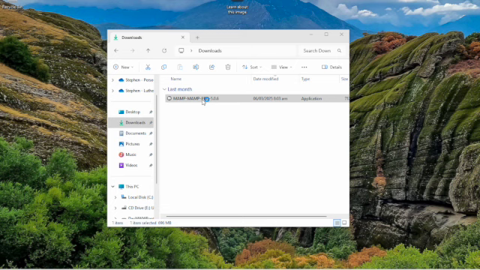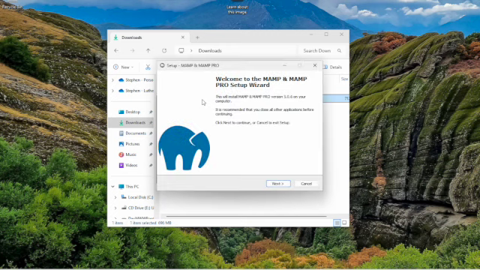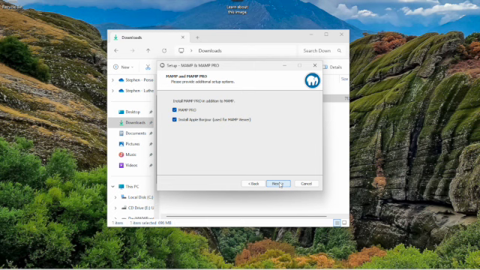So I've double clicked the MAMP out of the downloads folder, and it needs to be extracted then out onto disk, so we'll just wait for that to do that. Yes, we would like to set up MAMP. Now we don't want to pay hundreds of dollars, so we're going to turn off MAMP Pro. We just want the MAMP Basic. And we don't need to install Apple Bonjour